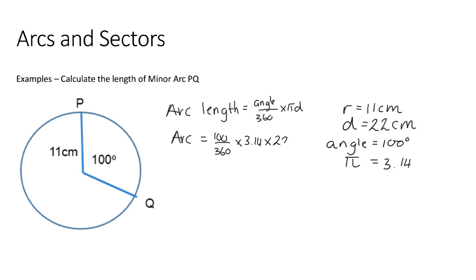So the last part is going to be multiplied by 22. At this point, I am going to go to my calculator and I'm going to type in exactly what I see. So 100 divided by 360 multiplied by 3.14 multiplied by 22, and you'll get a recurring decimal of